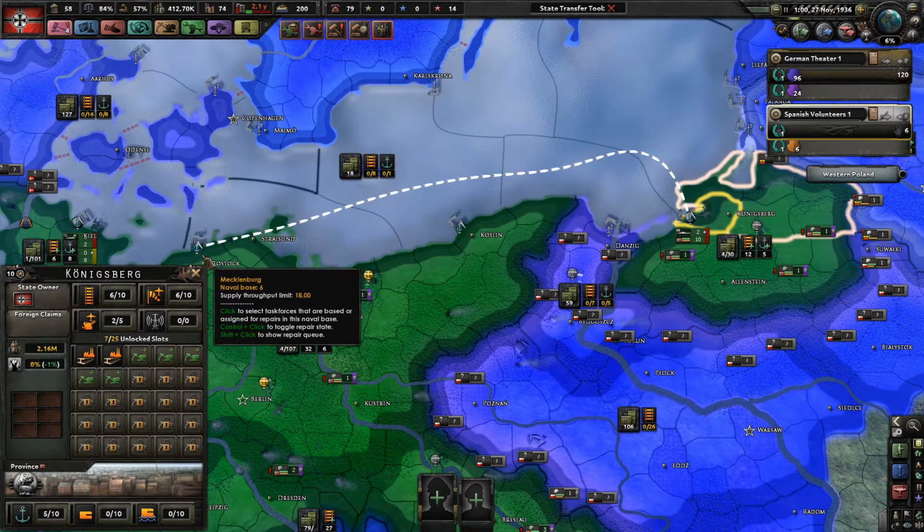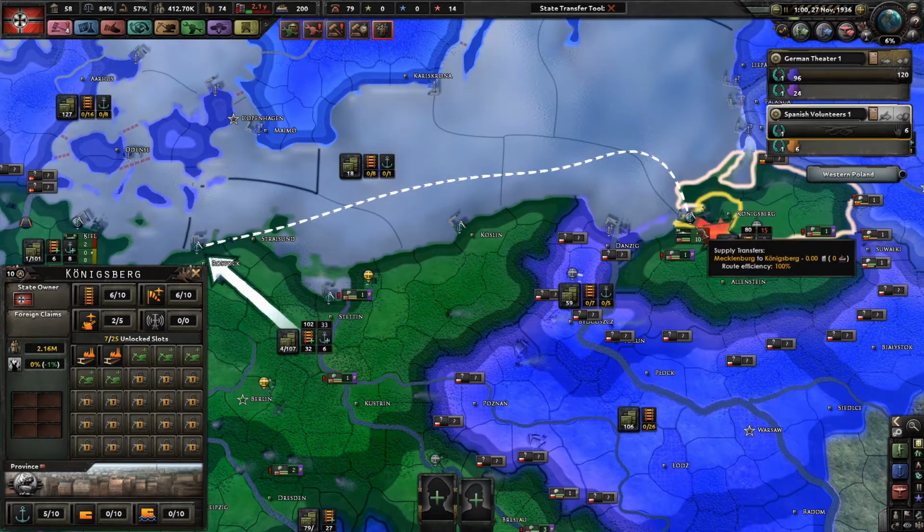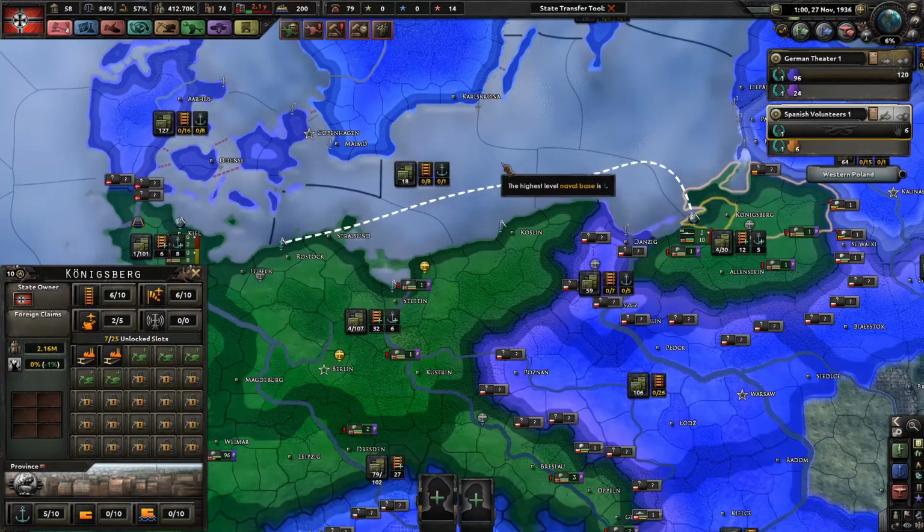You could theoretically send more supply from a level 6 naval base, right? As you can see, it says the supply throughput limit is 18, so you could send 18 points of supply from Rostock, but you can only receive 15 points of supply here in Königsberg. So that is why